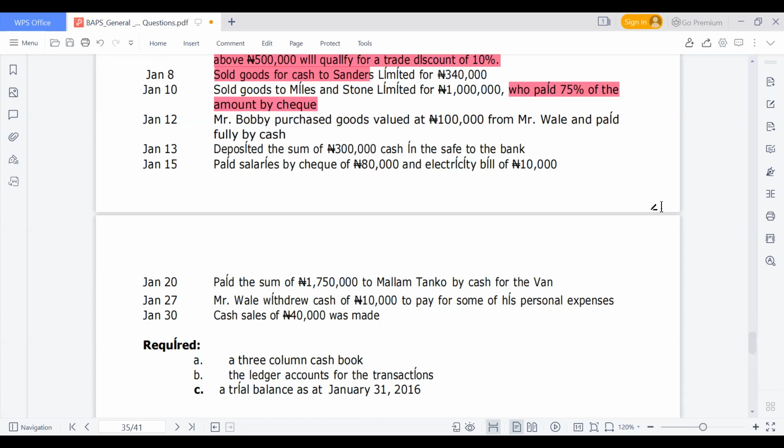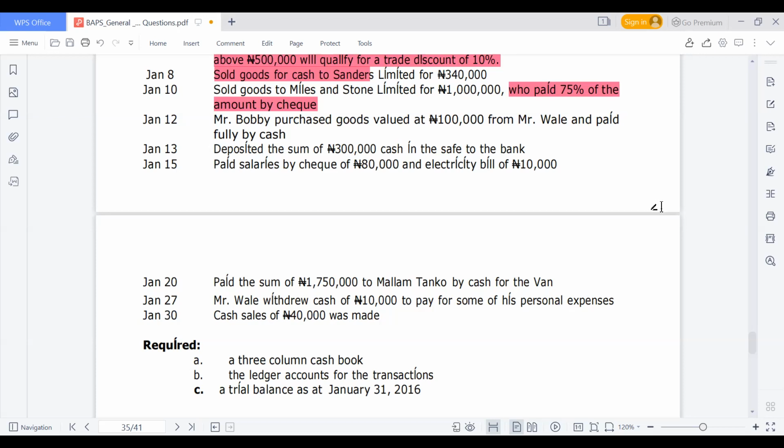So this particular question now, we are going to use it to solve for 3 column. We are going to use it to do a ledger as well, and we're also going to extract a trial balance from this. All right. And I think during the previous class, what we focused on was the ledger as well. So if there's also time today, once we are through with the 3 column,